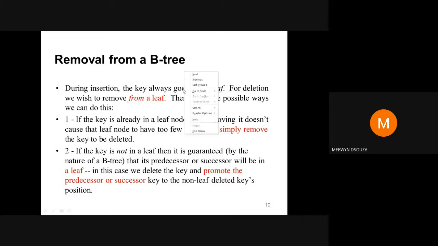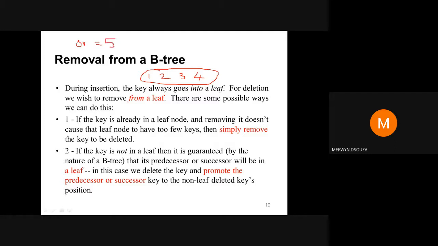So what I mean by that is, suppose you are having a leaf node in a B tree. Say you are having some keys like this, say there are 4 keys. Say the order of this tree is 5. Then yesterday when I was telling you about the properties, I told you max number of keys in a node is given as order minus 1. So max keys would have been 4.